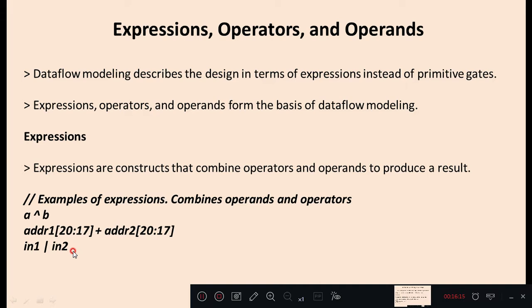So an expression involves either logical, arithmetic, relational, shift, concatenation, or conditional operators.